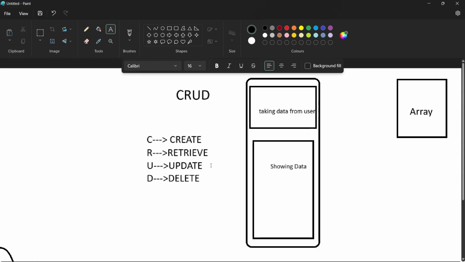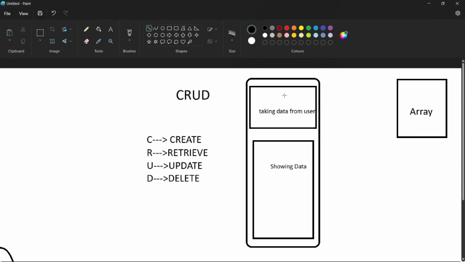Just till here, forget all these words, this CRUD, create, retrieve, update, delete, CRUD operation, everything. Just look into this example only. So let's say I have an app. In that app I have two boxes. In the first box, I'm taking some details from the user. Let's say I created a text input, and inside the text input I'm taking the name of that particular user. Let's say I entered Ayan, my name, in the first box. The operation I'm going to perform is simply storing whatever name the user typed in an array. What we are doing here